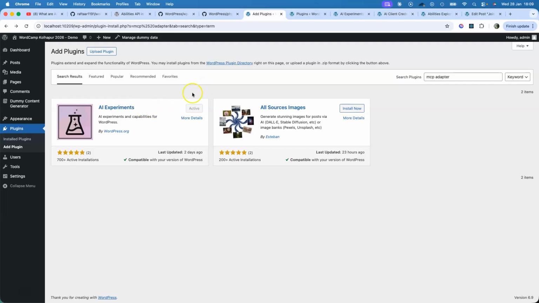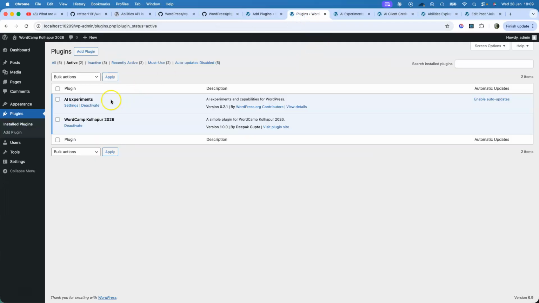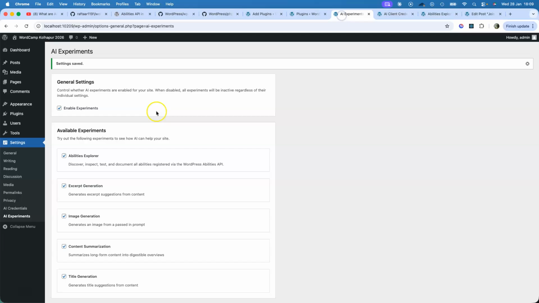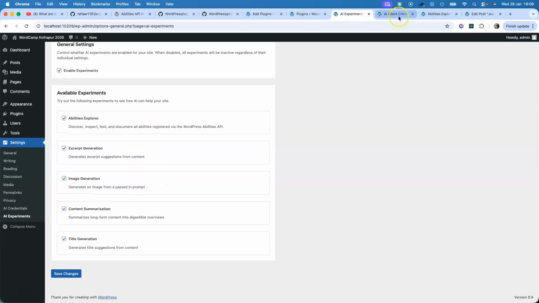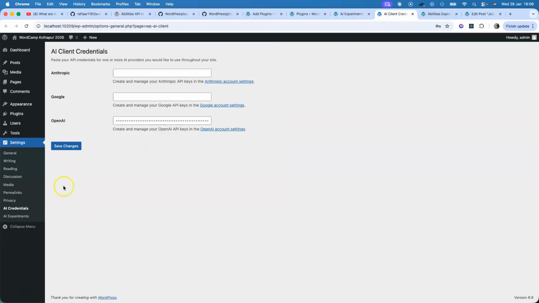Once this plugin is installed, we have to click on settings. We have to enable all the experiments over here, and then click on AI credentials and enter an API key. We can enter any API key, whatever we have, and then click on